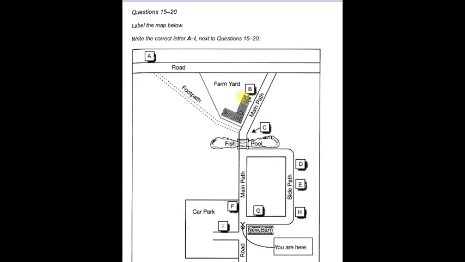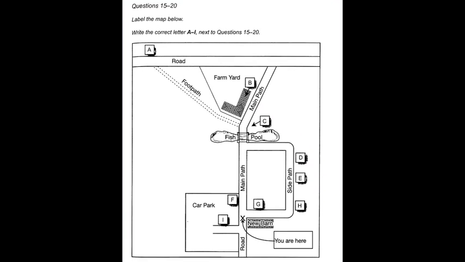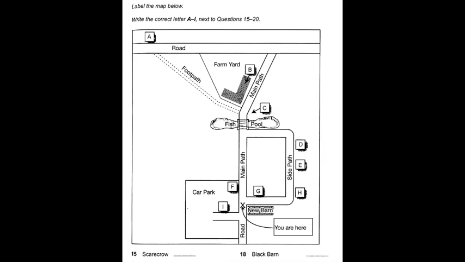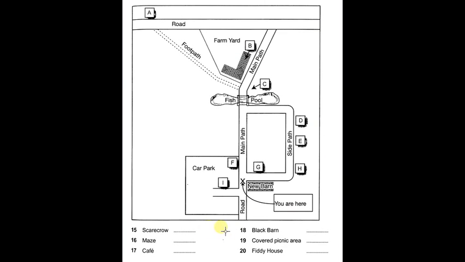Okay, in a kind of clockwise order. That's what I would predict. We'll see if we're correct about that. We can also check out the answers here. Okay, 15 scarecrow, 16 maze, 17 cafe, black barn, covered picnic area, Fitty House. All right, and all we're going to need there is just the letters, right, for each one. Okay, so knowing that,